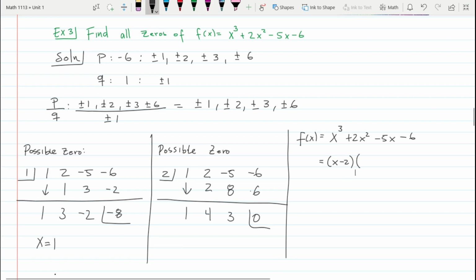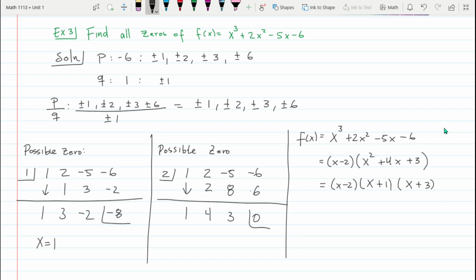that we found here, the 1, 4, 3, those are the coefficients of the following polynomial. X squared plus 4x plus 3. And now all that we have to do is refactor whatever is left over. So we can factor this polynomial by doing quadratic formula, or just by saying, what are two numbers that add up to 4 and multiply to 3, and I'm pretty sure it's going to be 1 and 3. Okay, so once we do that, we have now factored it